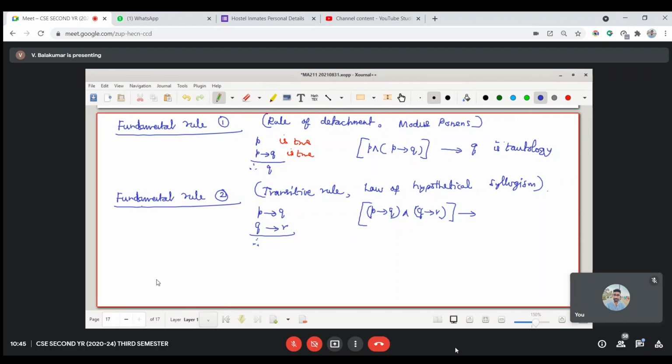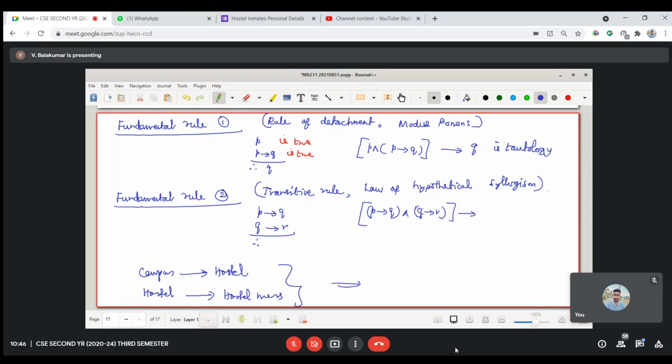Imagine an analogy. Suppose if you come to campus, okay, campus implies hostel life only, no other way. If you are in hostel, you should use the hostel mess only.